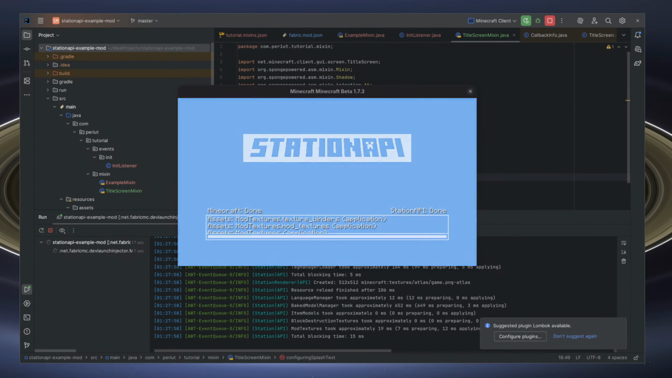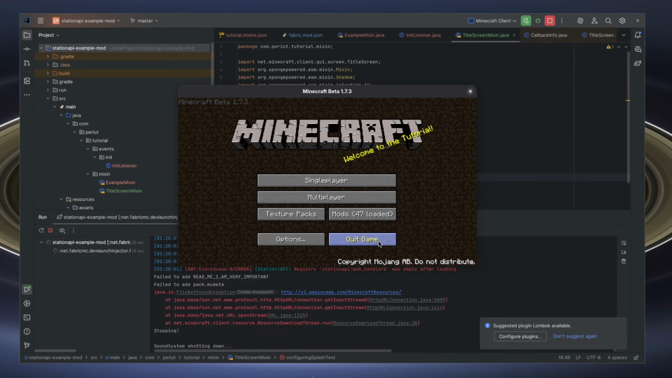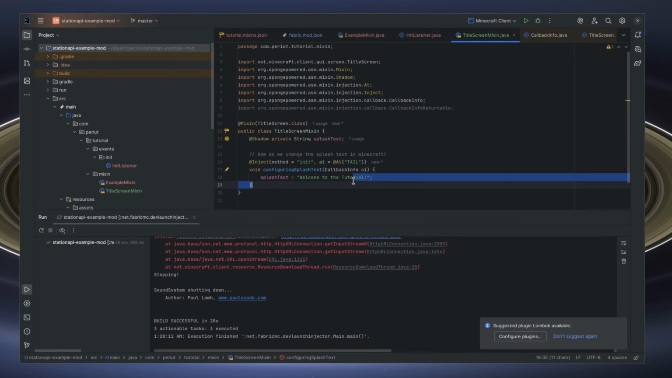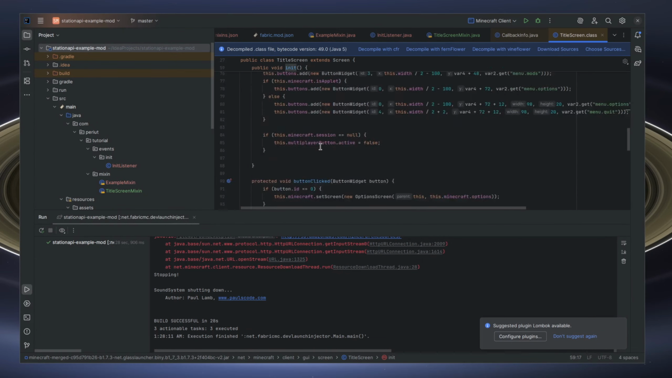All right, so that's compiled and loaded. And now, welcome to the tutorial. Incredible. So that is a great start, and we're going to go ahead and go from there. But you understand now that this splash text is now configured here because we put at the end of init where it basically allowed for custom